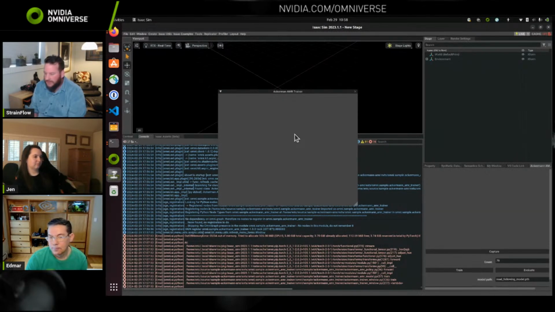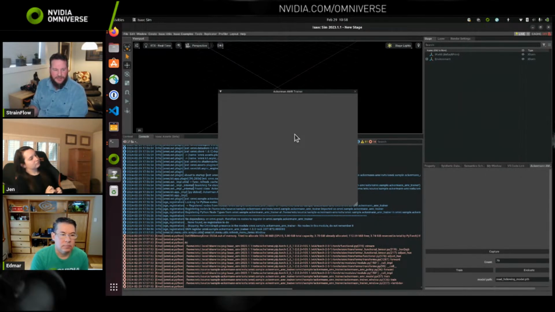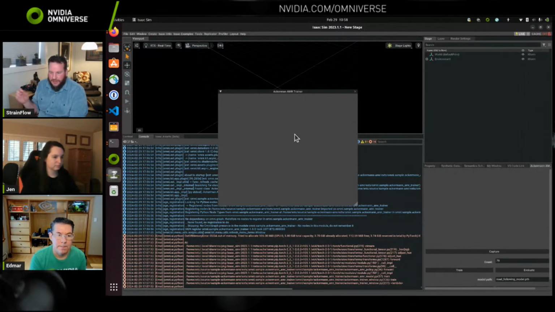But just to be clear, what we could do if you have this computer, for that train button, is write a little Python script that trains the model without having Omniverse open. Then you could close Omniverse and train the model.